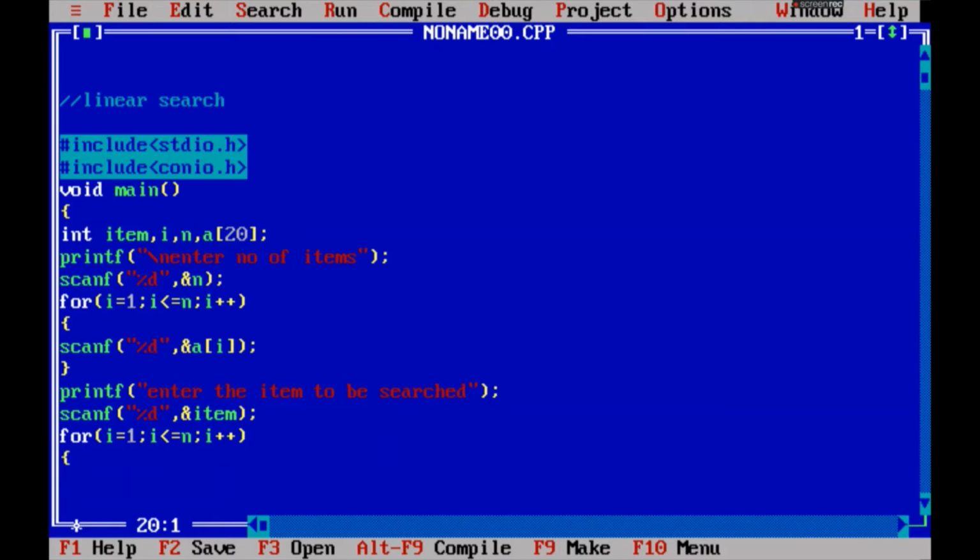We will use one if condition to check if the item is present in that location or not. So if a of i equal to item, that is it is searching for the item, then printf